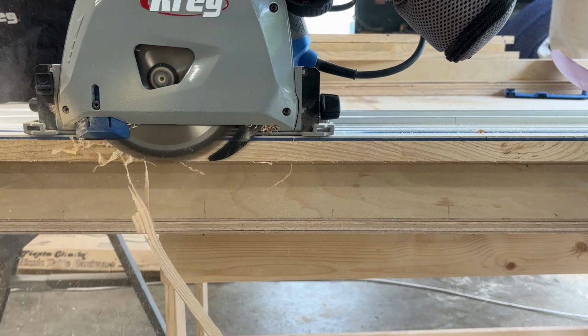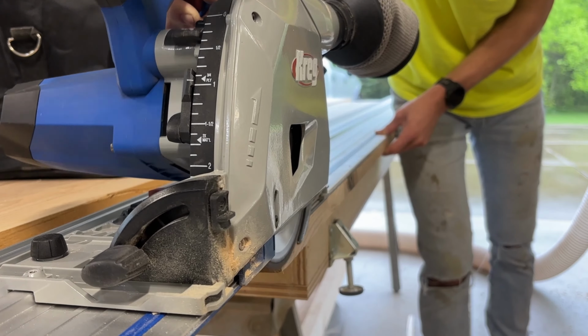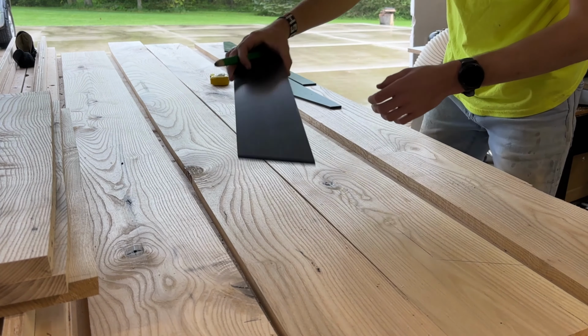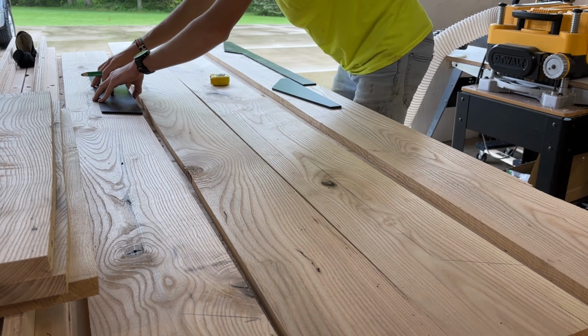I find that this is the best method rather than trying to balance the long boards on my Facebook Marketplace joiner. I'm using some 1/4-inch templates I made up,